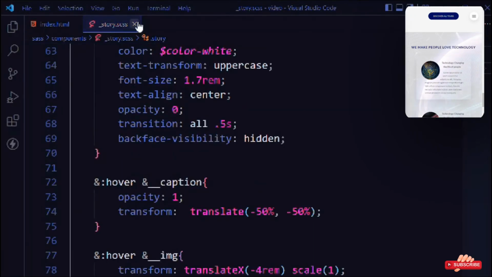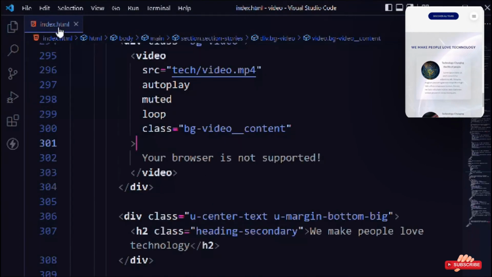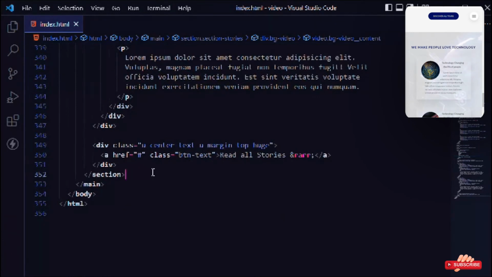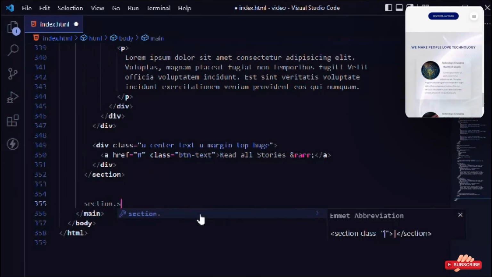So we are done with the story part successfully. Now let's move to the next one. Let's come to the HTML, and here we're going to create the other section. Okay, so I'll take a section tag. It will have a section